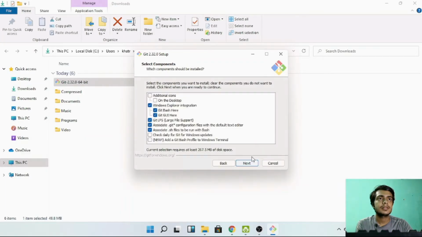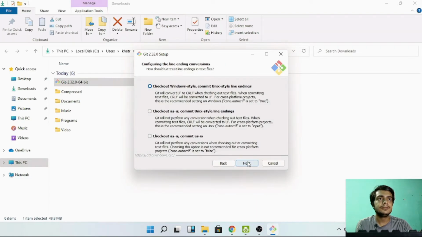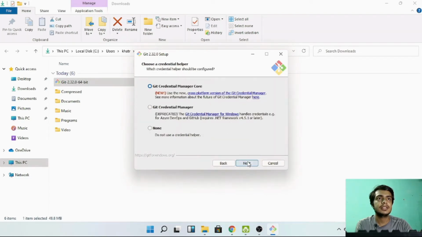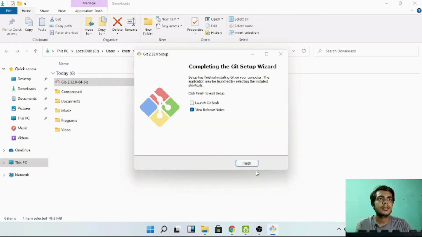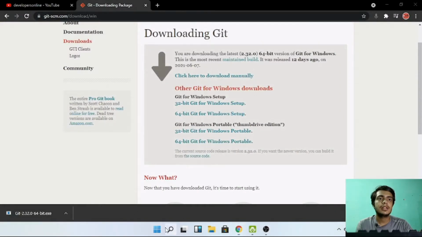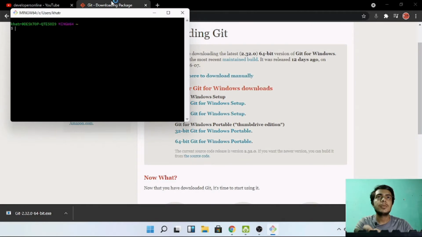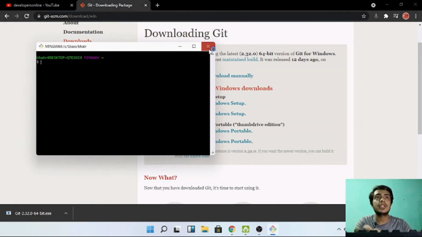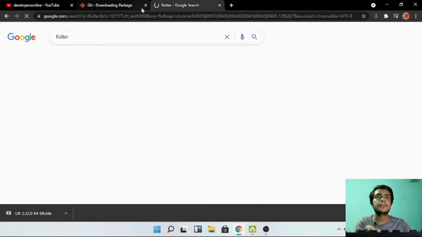Okay. Just hit next. We don't need to change anything here. Okay, I don't want to see the release notes. So here we can now search for Git Bash. So we have installed Git, which was a requirement, and now we will head over again to Flutter, and